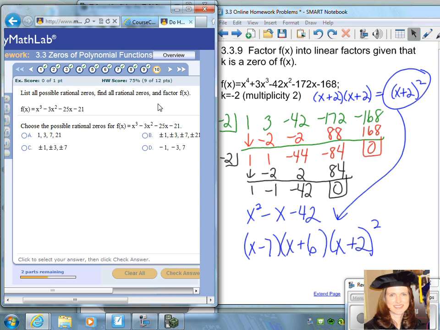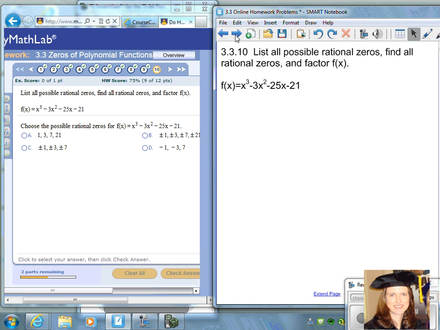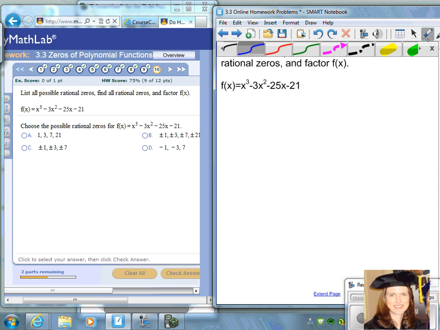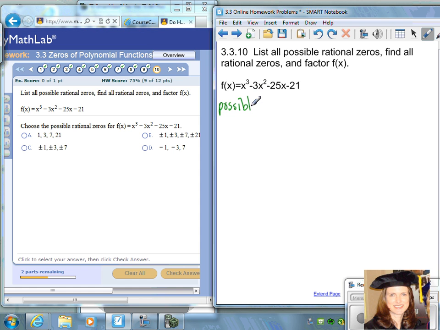Okay, let's look at number 10. In number 10, we want to list all the possible rational zeros and find all the rational zeros and factor. So there's really 3 parts to this question. The way you find possible rational zeros is by taking possible rational zeros are always in the form of, could be a fraction, where the numerator of the fraction are